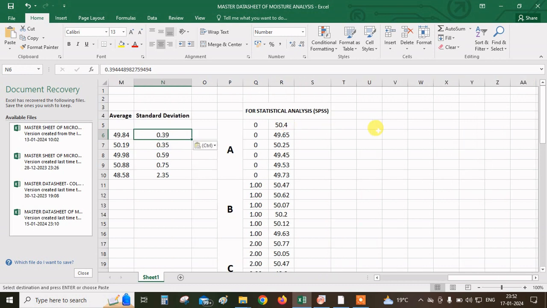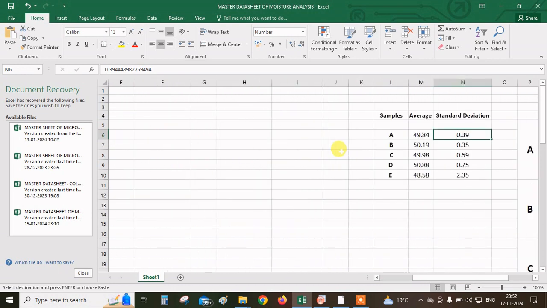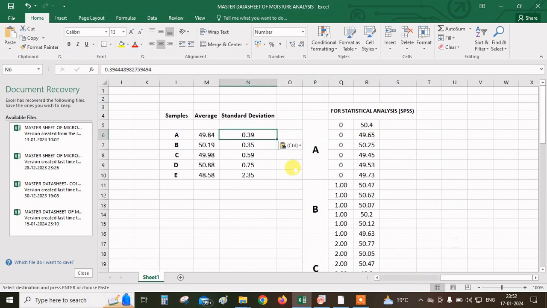Now in this Excel sheet only, for our convenience, we will have a table for our statistical analysis in the SPSS software, which I'll show you again in due course of time. Now, this is a very important point to note. Whenever we are performing statistical analysis in SPSS software, it does not take any alphabet or letter. It only accepts numbers. So suppose we are considering A, B, C, D and E, we can designate A as 0. So what I've done is,